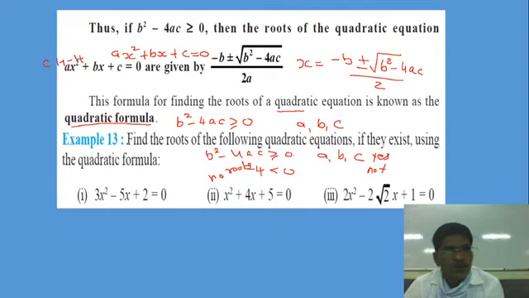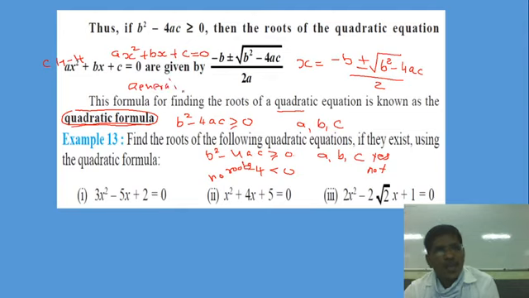So again, let me repeat the topic. Today's topic: quadratic equation related to the quadratic formula, or we can say general formula. What is the meaning of general formula? It was found by Sridhar Acharya, and it is like that: x equals minus b plus minus under root b square minus 4ac by 2a. That is the general formula. Why are we using it? Because the values a, b and c are already given in the question.